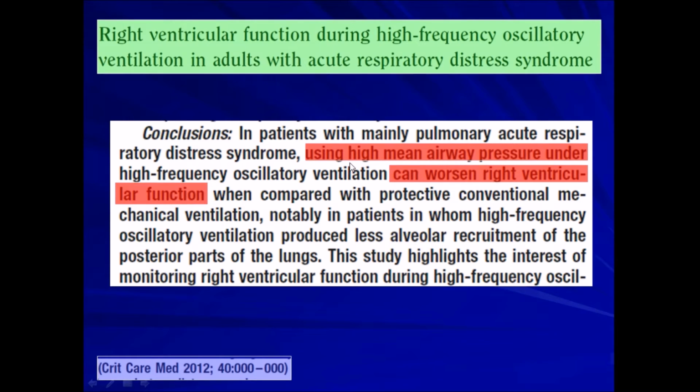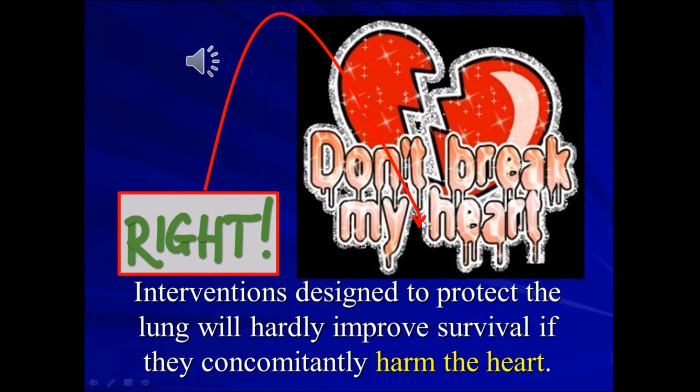So they confirm that using high mean airway pressure under high frequency oscillatory ventilation can worsen right ventricular function and may cause right ventricular failure. So instead of saying do not break my heart, I would like to say do not break my right heart. So if you want to see a good result, you have to protect lungs and heart at the same